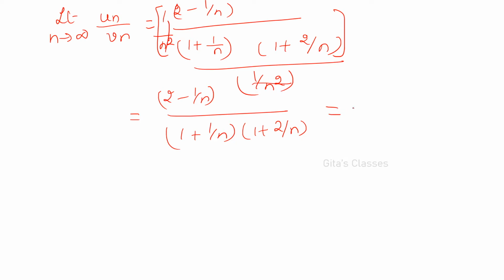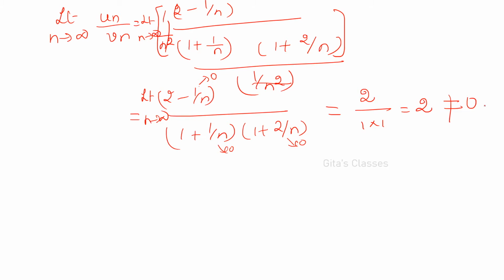which is equal to, limit n tends to infinity. Here also limit n tends to infinity. Don't forget to write that. That is also important, equally important. Limit n tends to infinity. Now what will happen? As n tends to infinity, this will become 0, right? This will become 0. This will also become 0. So what are all the remaining values? 2 by 1 into 1, which is 2. Now we got a non-zero value.